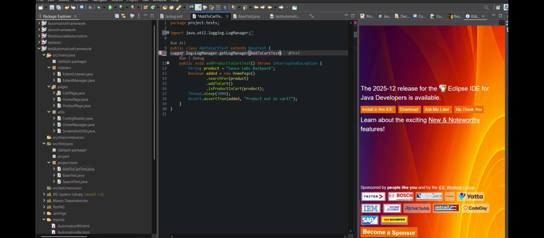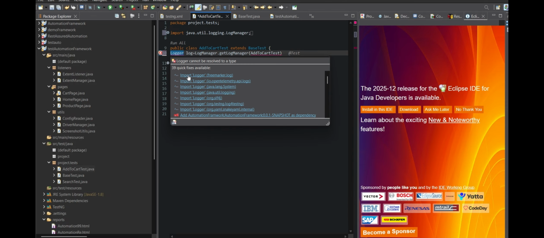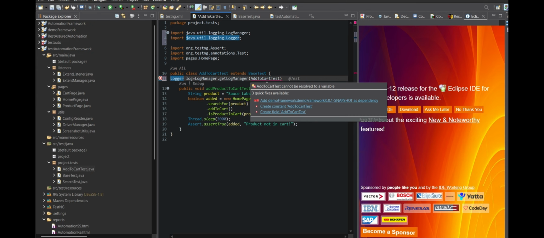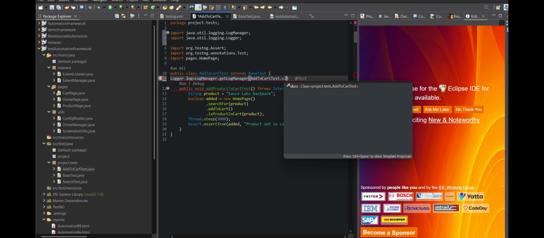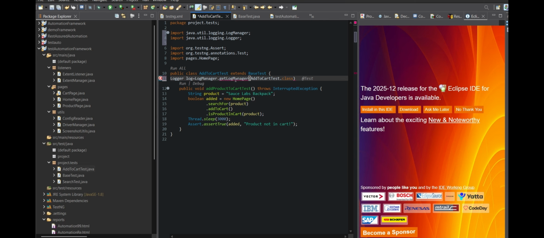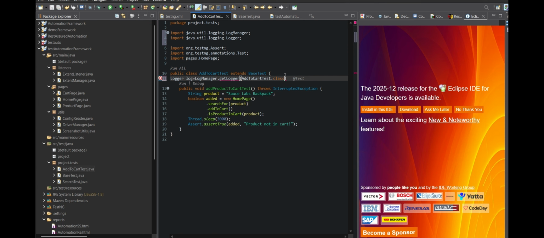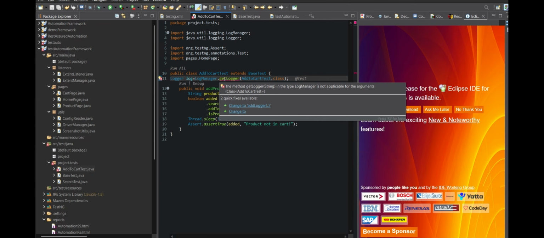Let me check. Java util logger and dot class, LogManager getLogger. Get logger, change to, this is the file,